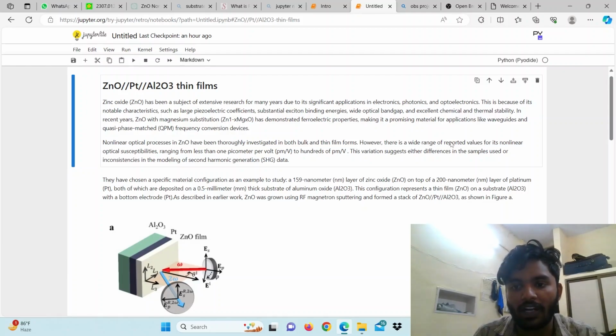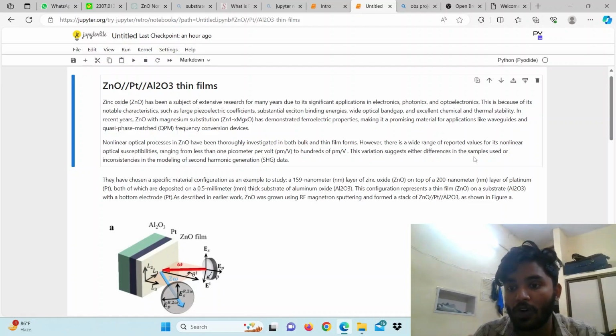However, there is a wide range of reported values for nonlinear optical susceptibilities, ranging from less than 1 picometer per volt to 100 picometer per volt. This variation suggests that it is either a difference in samples used or inconsistency in the modeling of second harmonic generation SHG data. And they have chosen a specific material configuration like a 159 nanometer layer of zinc oxide